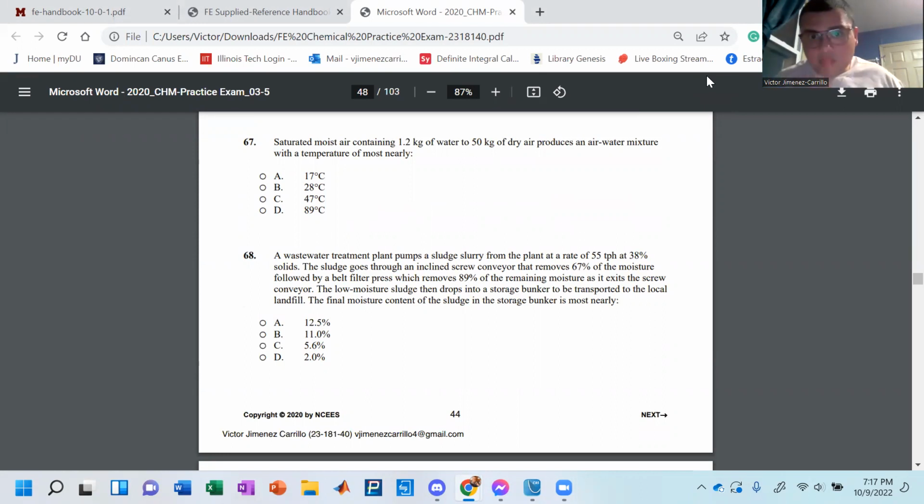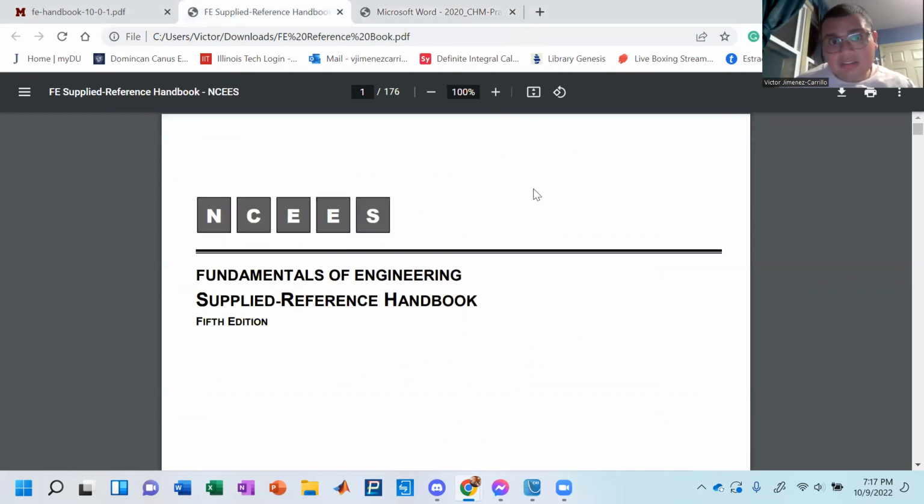Saturated moist air, 1.2 kilos of water, that 50 kilos of dry air produces an air-water mixture with a temperature most nearly blank. Okay, so we want to figure out the saturated moist air containing. So what is the temperature of this air-water mixture? Well, sadly, there's this chart in the FE handbook that we have to go to. Didn't write down the page number, but it's called the